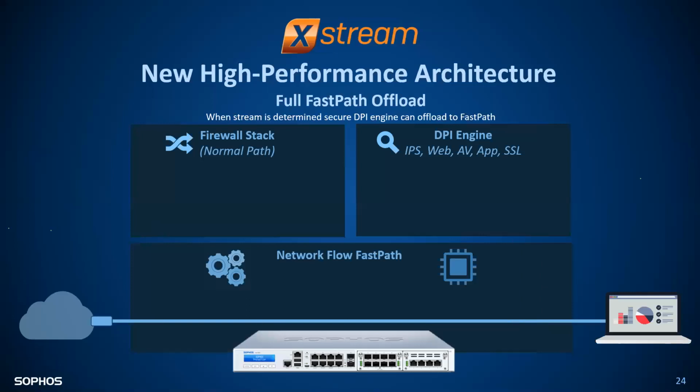And then now my firewall knows that this particular packet is coming from this source, going to this destination, and it has already been scanned by the DPI engine, and I know there is nothing wrong with it. So I simply put it into the network fast path, and it goes on the live wire.